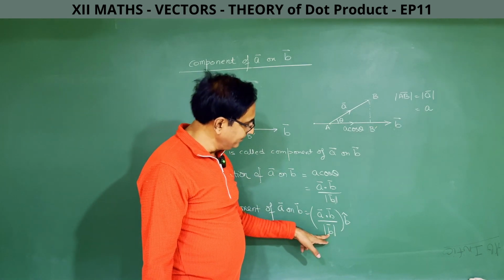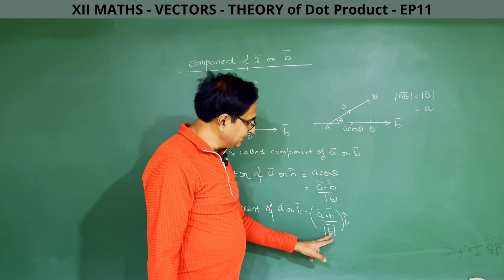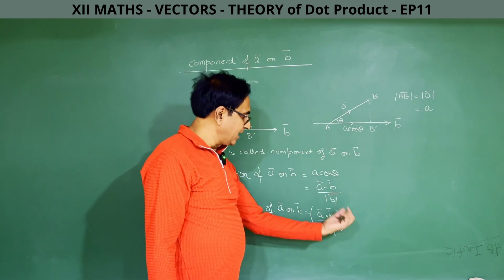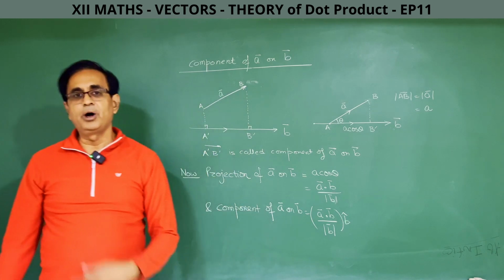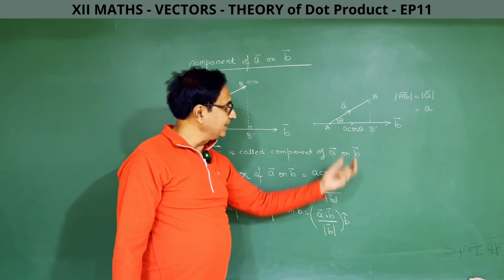तो अगर मुझको ये पूछते हैं ना, इसको फॉर्मूले को फर्दर बना देते हैं हम, ओके? तो उसको मैं फर्दर डेवलप नहीं कर रहा हूँ, मैं पहले मैग्नीट्यूड निकालूंगा और फिर b cap से मल्टीप्लाई कर दूंगा। और how do you find a unit vector along b?